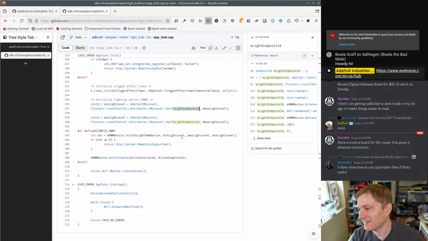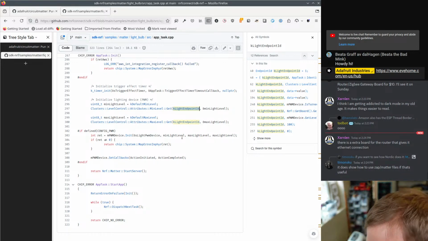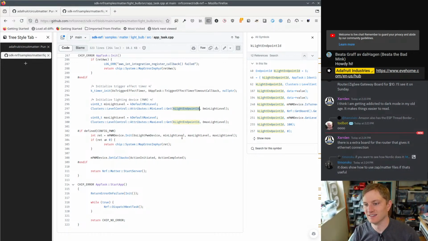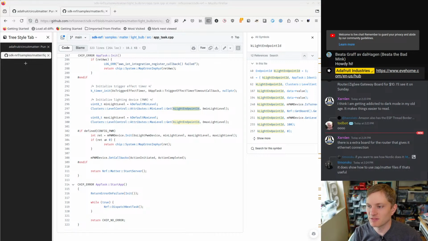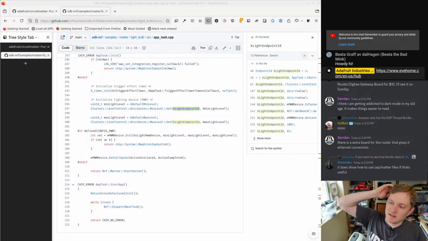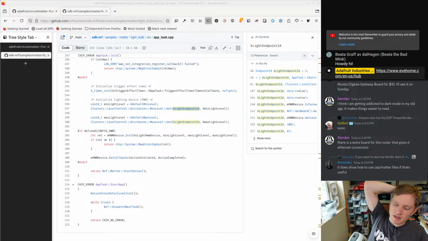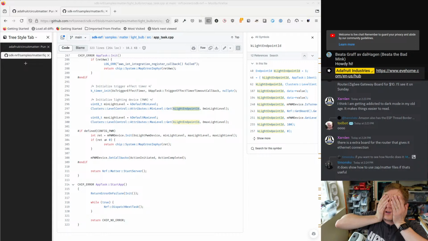I don't know. I don't really understand it. It's interesting. I'm having trouble knowing whether you're controlling one or not. There's an extra word for the router that gives it Ethernet. Zap matter files, if that's useful. Yeah, I know they exist, but I really haven't. I know I could use them at some point, but